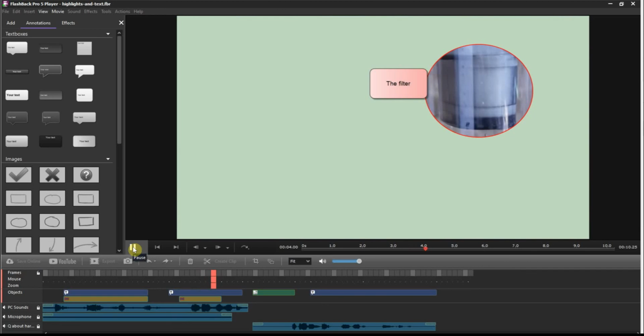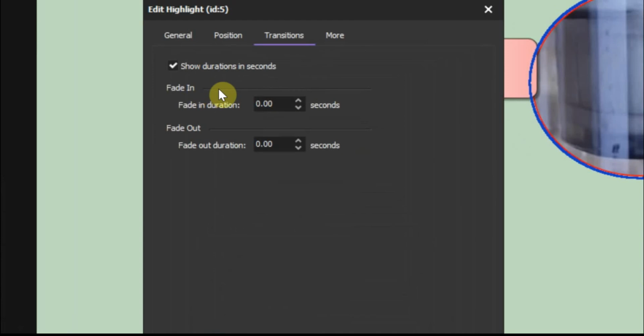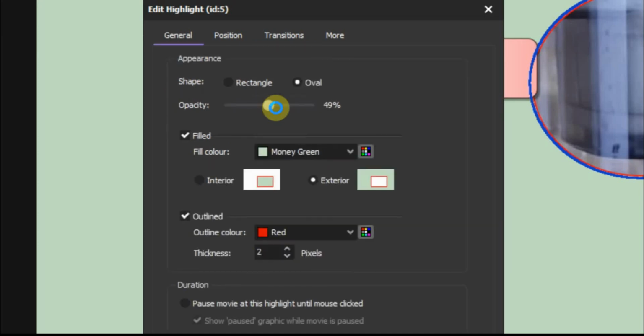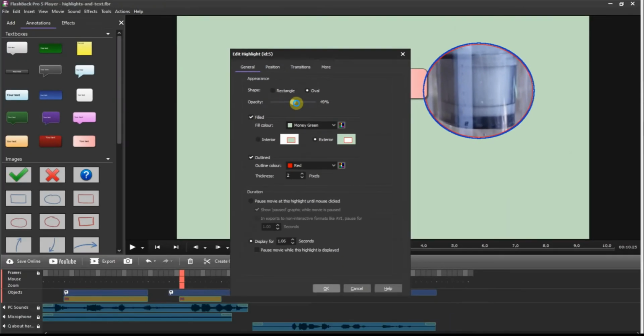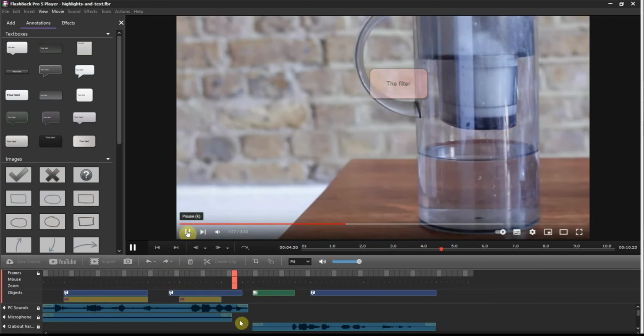So you probably don't want to do that, and it's a much nicer effect if we have the opacity at a lower level and the transitions. So I'll put those back to the half a second fade in and half a second fade out that they were at before. Just typing the numbers in there, and that should allow us a quite pleasant effect. And we'll set the opacity back as well. And there we go. Back to our quite pleasant effect. It does draw the eye without